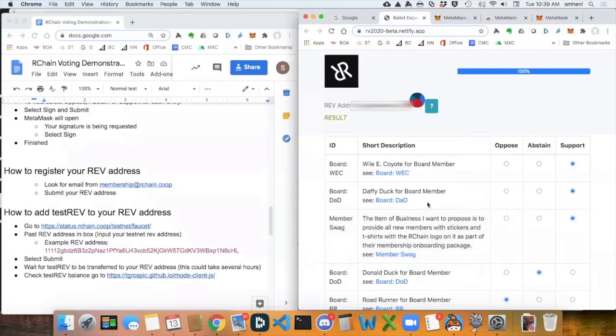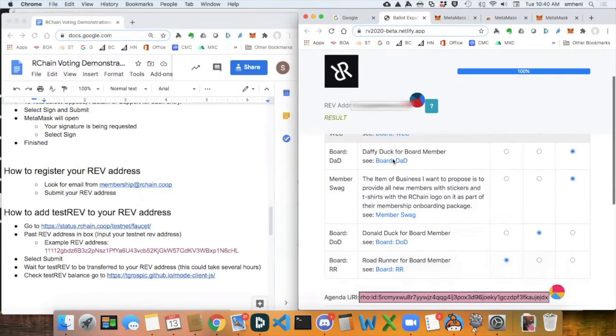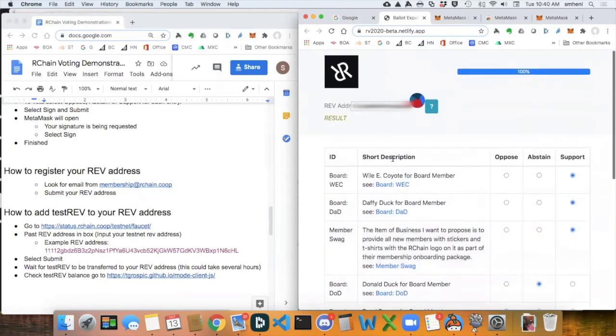Okay, so I'm back, and the ballot has been submitted, and the status bar shows 100% complete. So just below the rev address box, it shows result, and that indicates that it was successfully submitted. If there was an issue when you submitted your ballot, the error message would show up here in the upper left-hand corner of the screen. Okay, so that's how to vote with the